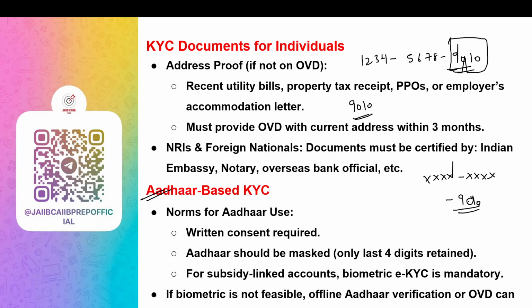And if someone wants to get a subsidy or benefit from a government scheme, they must do biometric Aadhaar verification. If it's not possible due to illness or injury, Aadhaar can be verified online, offline, or another valid document can be submitted. The name of the official who approved this must be recorded. If a person chooses to use Aadhaar for identification, the bank can use either eKYC or offline Aadhaar verification, and only a financial institution authorized by UIDAI can do eKYC. Keep that in mind.